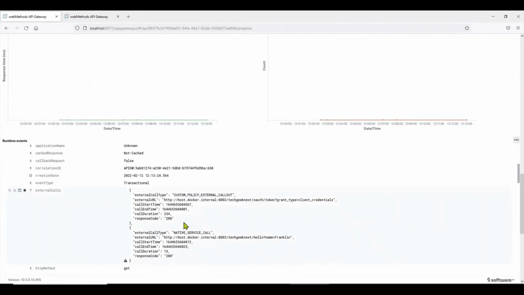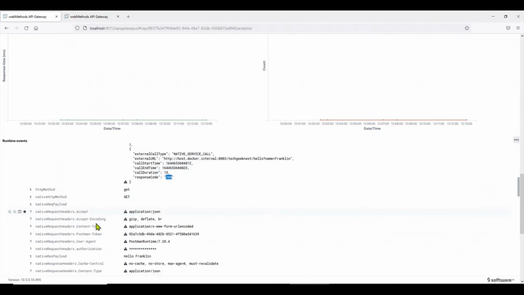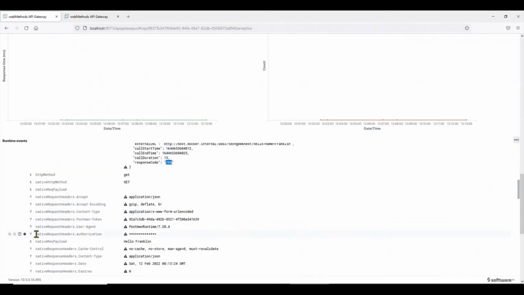Okay, so it's made a call to the OAuth token endpoint to get a client credentials token. Then it's going to make a call to the actual native service and return back with 200. And if you inspect the native call, it has injected an authorization